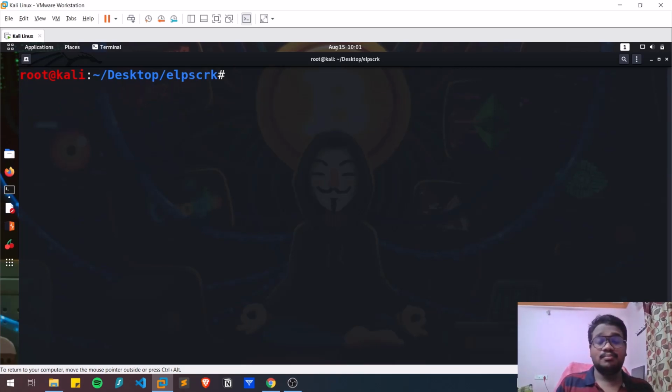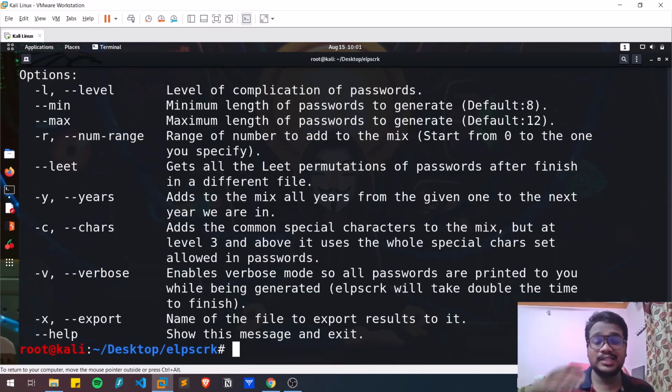The usage of this particular tool is also simple. You can simply do python3 elpskirk.py --help so that we can view all the options that this tool supports. We had already seen some of them. Level, so we can choose the level, and you can see the minimum and maximum length.